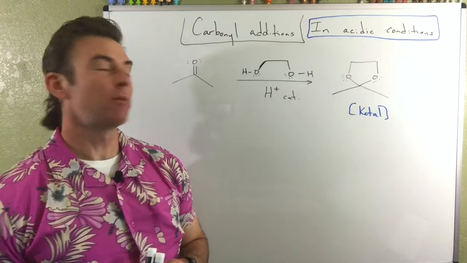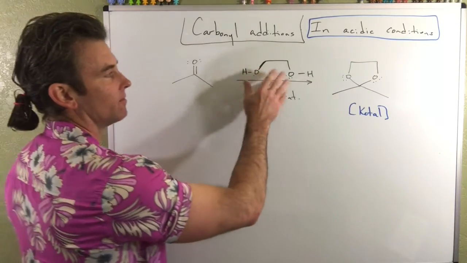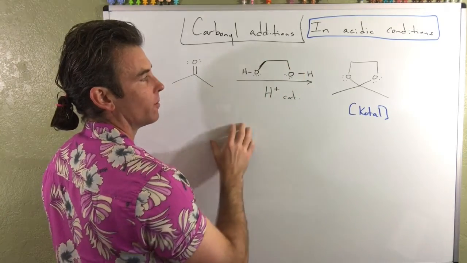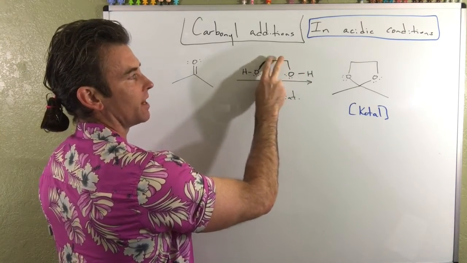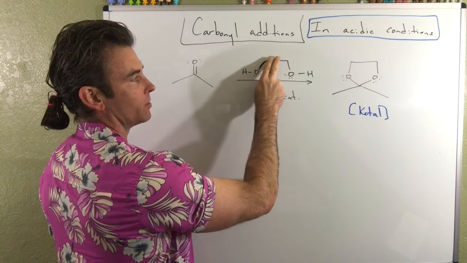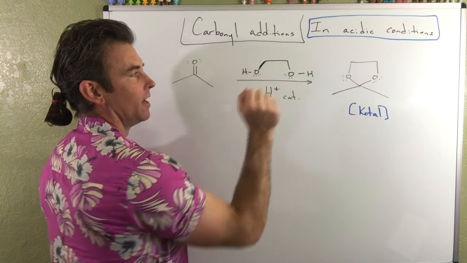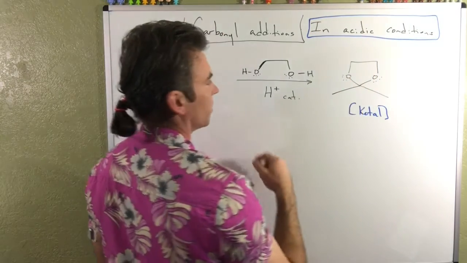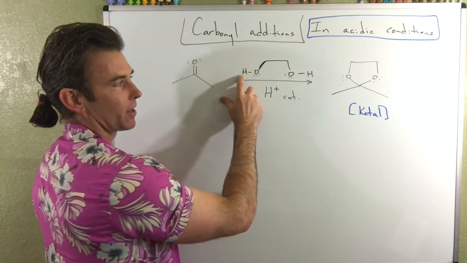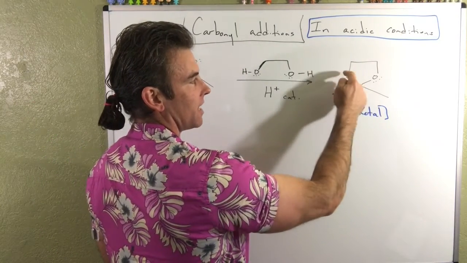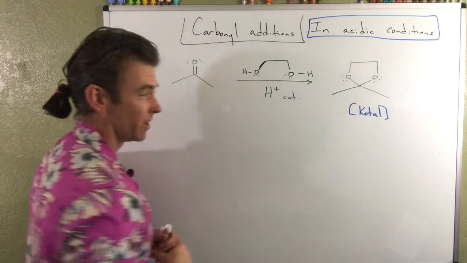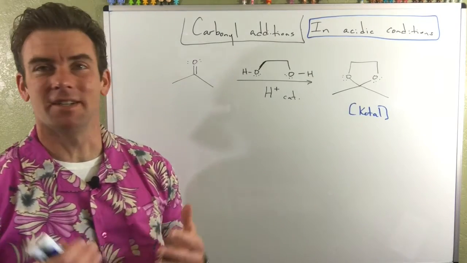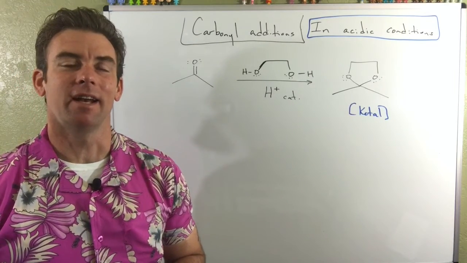One other thing I should probably mention is that I just like this as kind of a good synthetic protecting group. Technically, we could have done it if we just had these things both as plain old alcohols as opposed to a diol. The only difference is that your protecting group would not be linked together right here. So in other words, if this was two equivalents of methanol, you'd end up with this ketal having an OCH3 and an OCH3. It just doesn't seem useful to go through that in any kind of detail,